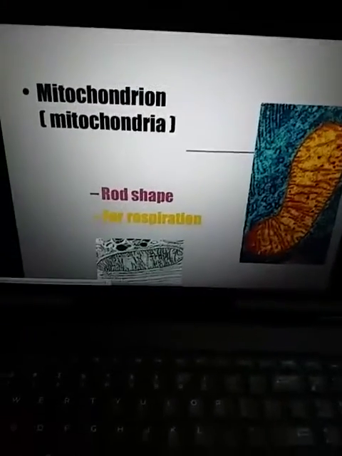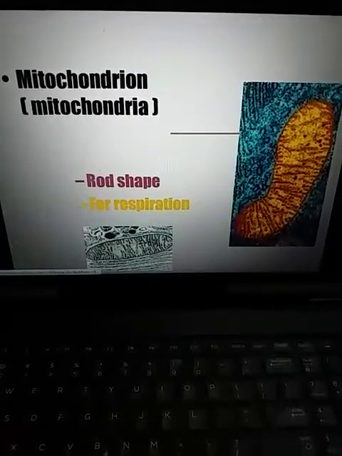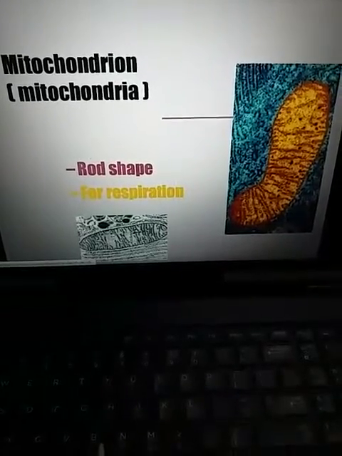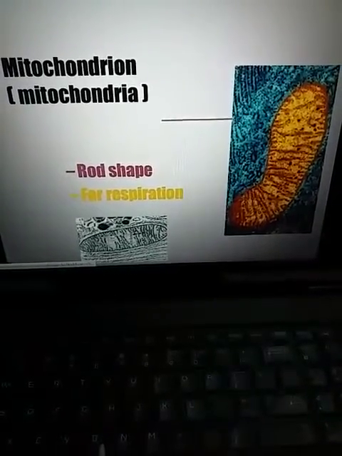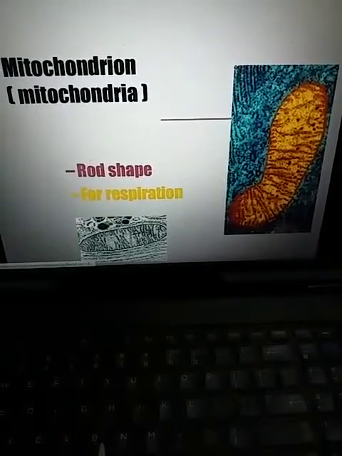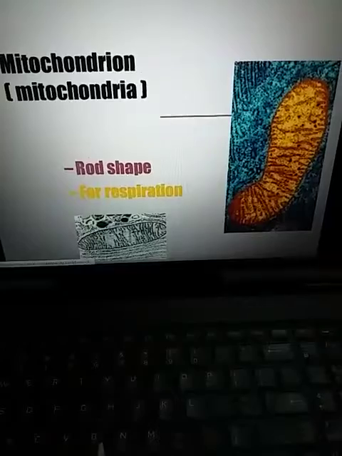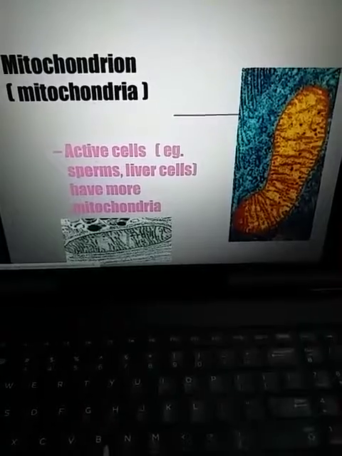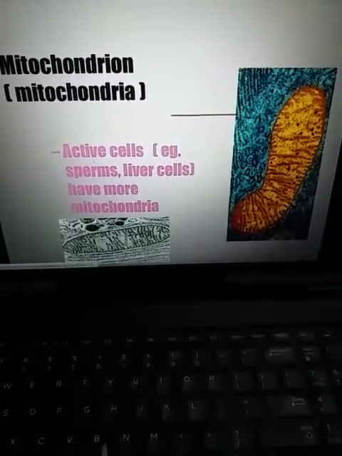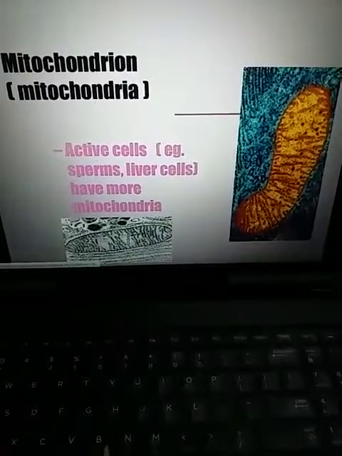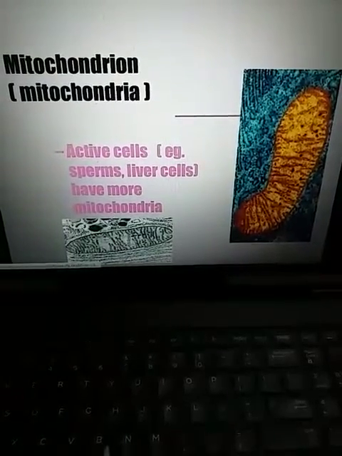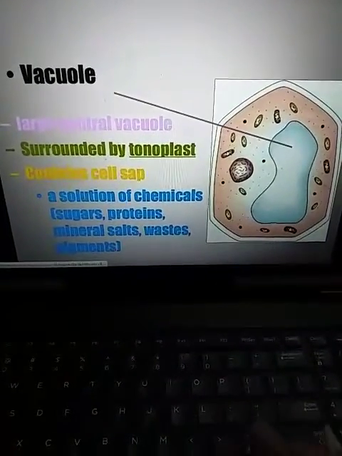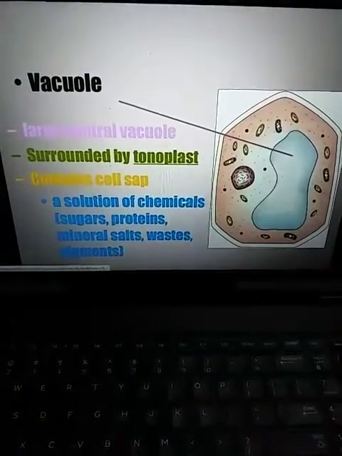So this is another type of organelle which is present, which is part of the animal as well as the plant cell, and it is rod shaped. It is used for the respiration or the cellular respiration. You know what is the cellular respiration? That is the oxidation of the food which we eat, or the plants use, for the energy supply. And this oxidation actually takes place in this mitochondria, which is the site for the cellular respiration. This is high in number in the active cells like the liver cells or the sperm cells, and their number is very low in the cells which are not very active, like the earlobe and other kinds of cells.